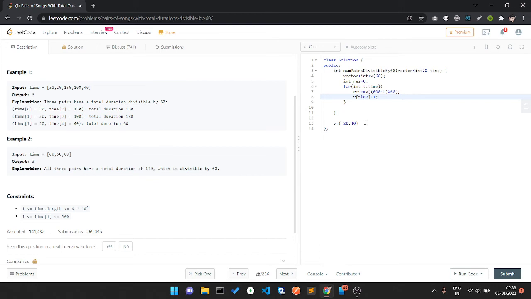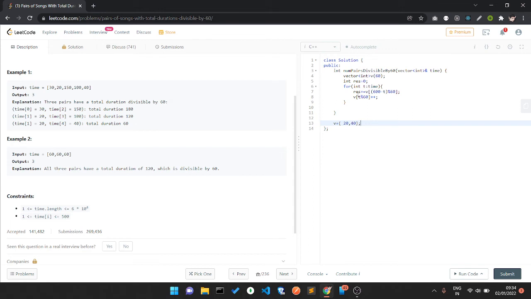First and foremost, v[(600 minus t) modulo 60] is equal to 0. Did you get it? Because I'm not inserting any element until now, so it gives me 0.